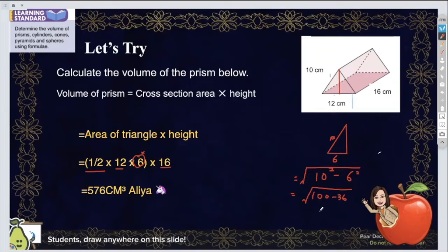64, right? Square root of 64, the height is what? 8, right? So this is 8 here. Cikgu already told you. So this is supposed to be 8. So this is half times 12 times height 8 times 16. Cikgu has already explained? Okay, can continue with the others? Cikgu will check whether the others are correct or wrong first.